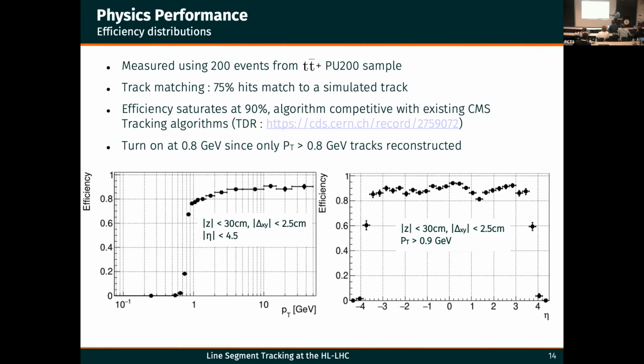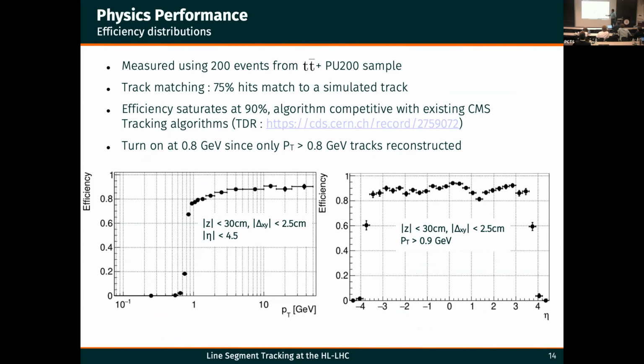So these were done using 200 events from a TT bar plus pileup 200 sample. And we do standard track matching, which is if 75% of reconstructed hits matched to a simulated track, then we call it pass. And so this is the efficiency as a function of PT and efficiency as a function of